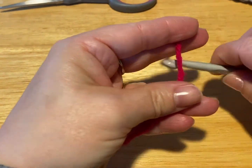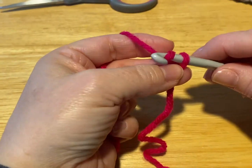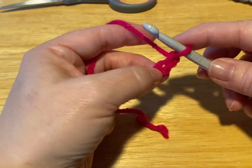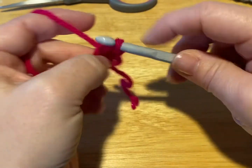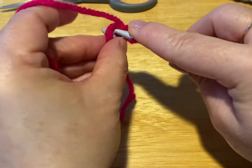And just like when we started our hat, we're going to cross our yarn. We are going to chain 2. Okay? Now, in that first stitch, and put your tail around, we are going to put 8 single crochets. Okay? 1,